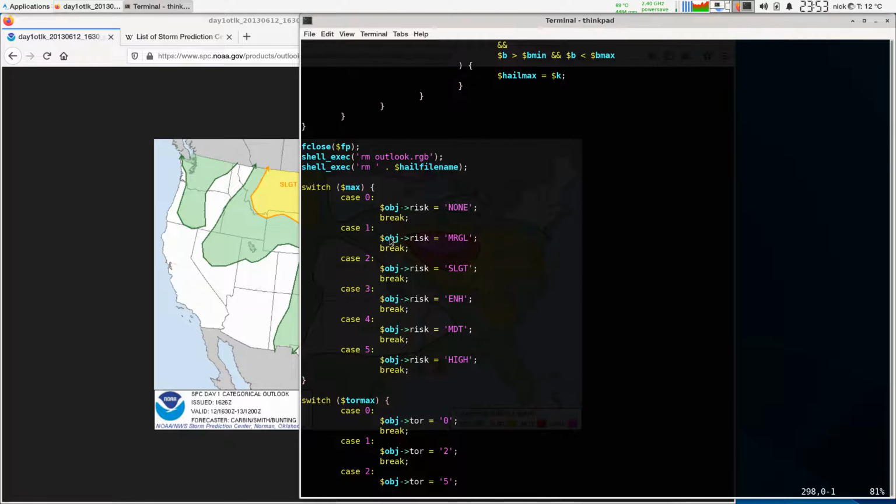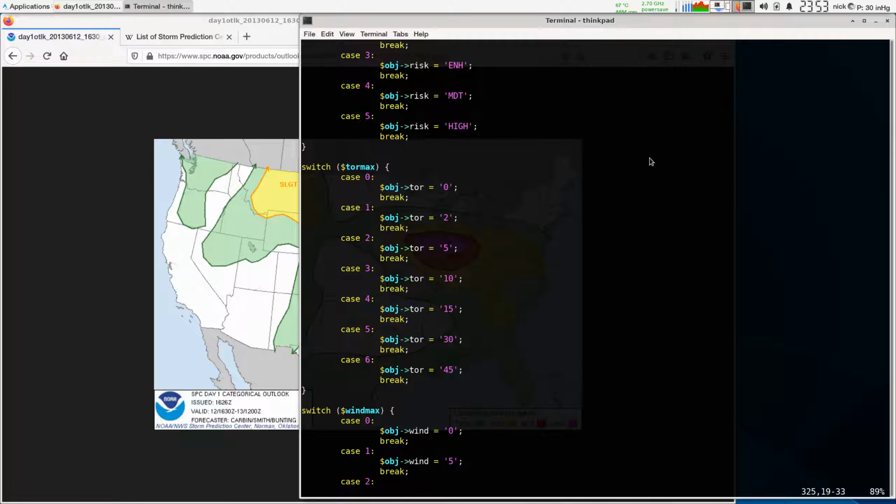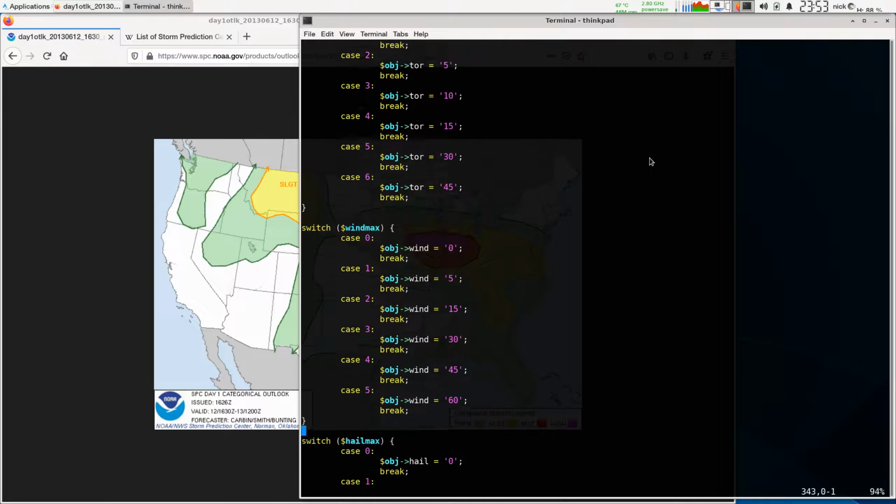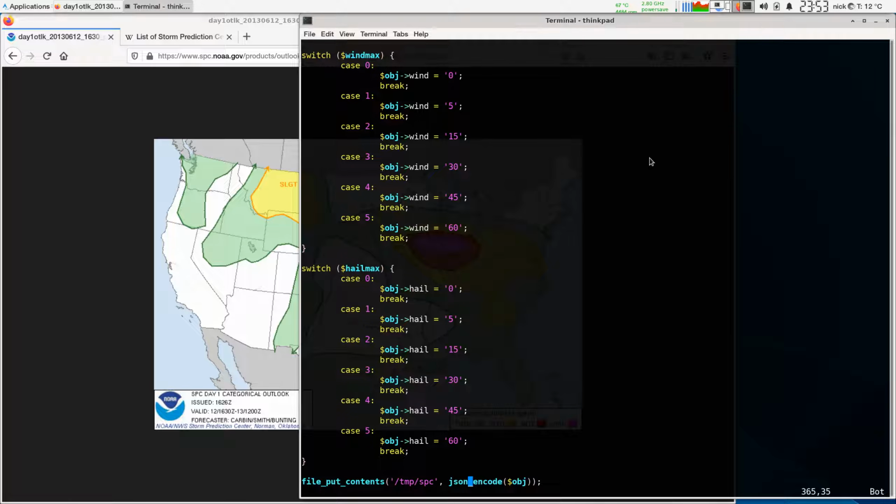Okay, and then the last part is to take our category numbers or our probability numbers and convert it to a little bit more human readable form. So I'm using the abbreviations for marginal, slight, enhanced, moderate, high, or none. And then, if we make it down to the rest of it, we've got the percentage of tornado, percentage of wind, and then hail. And then the last line is that we JSON encode this object so that we have it in JSON format, which is a little bit easier to use in a web app, and then it sends that to a